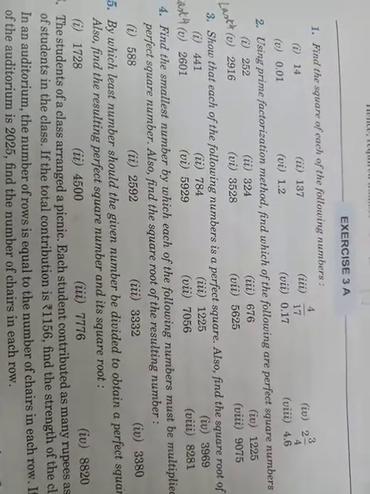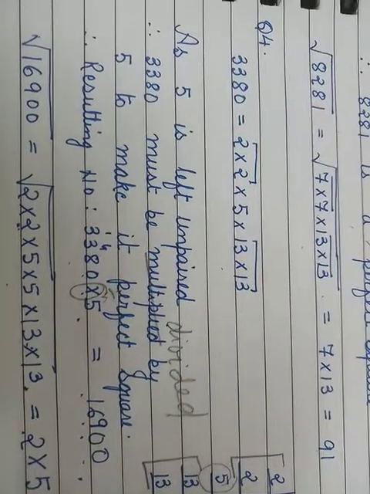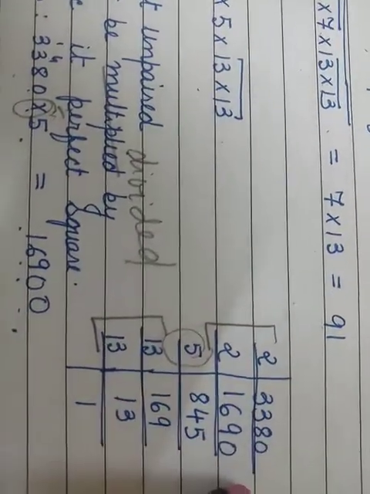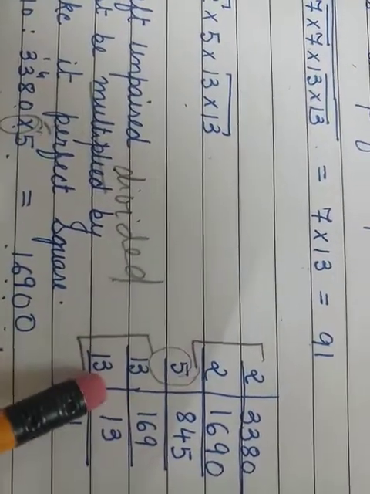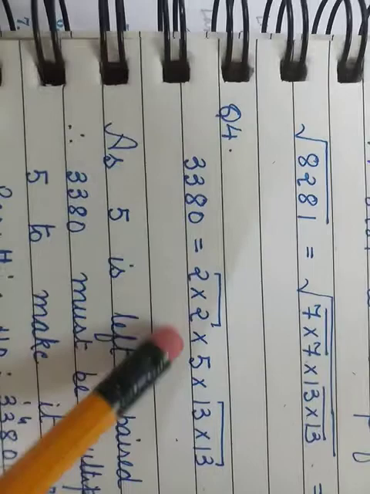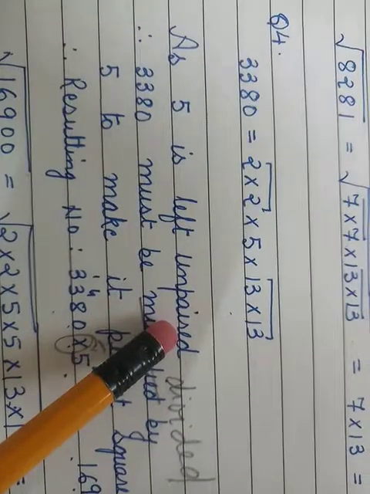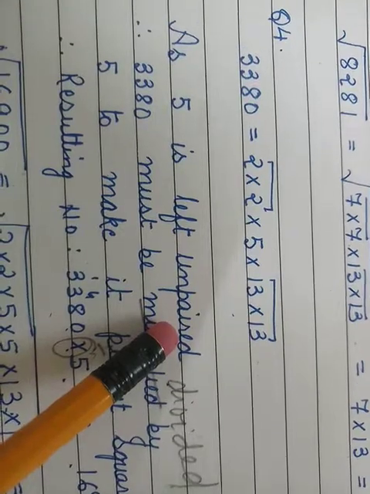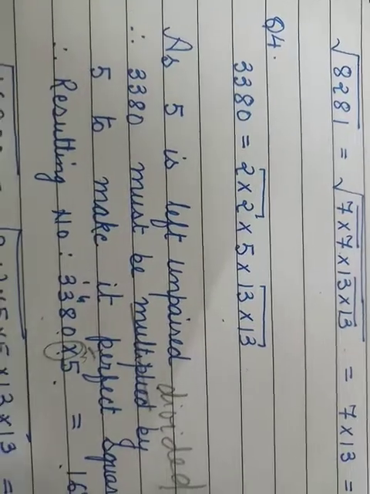I'll do the last part for you. Question number 4, it is 3,380. Firstly, we have to do the prime factorization of 3,380. I've done it. So we find we have a pair of 2, we have a pair of 13, but what is unpaired? 5. So first we write the prime factorization here. So we'll write as 5 is left unpaired. When we did the prime factorization, we find that 5 is not having its pair. So we'll write 5 is left unpaired. Therefore, 3380 must be